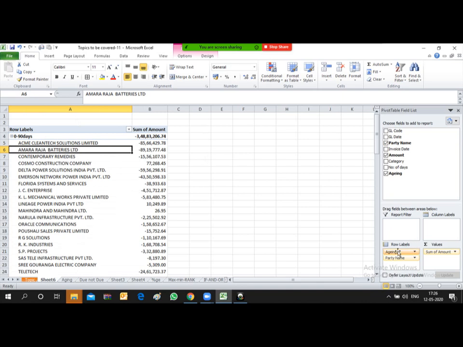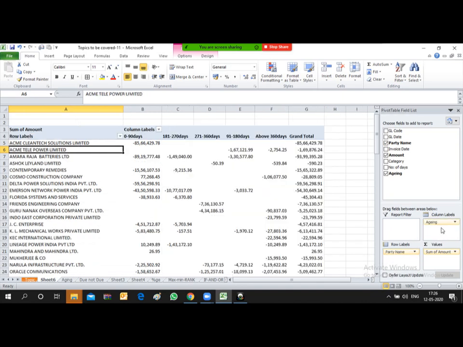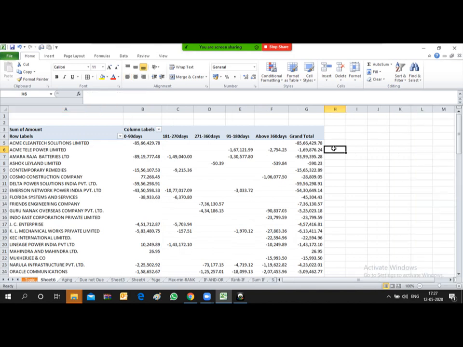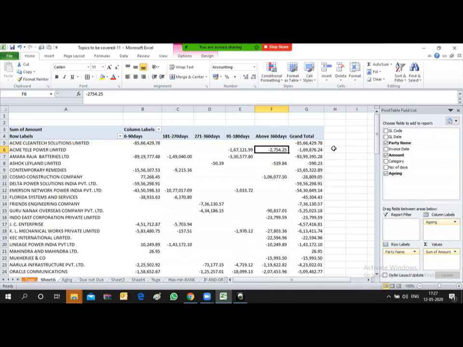Even if you want the aging to be placed at the column level, you can place this aging at the column level. Friends, one thing I want to repeat over here pertaining to the pivot table is that you can shift the column from left to right. Suppose here the aging is 0 to 90, then it suddenly comes 180 to 270.